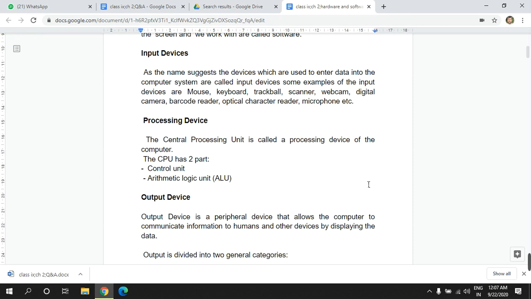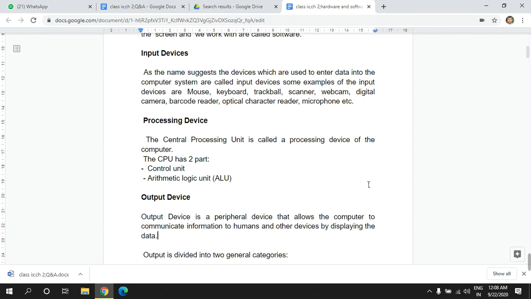Then processing devices. After the input, there is a turn of processing. Processing is the manipulation of the raw data that you input through the input devices, and that data is processed into meaningful information. The processing is done by a unit of the computer called the CPU, the central processing unit. The CPU has two parts.